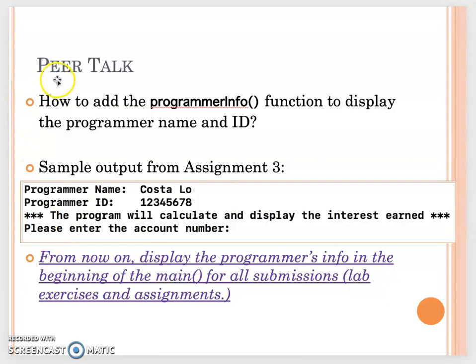Then I have one peer exercise I want you to complete. I want you to write a programmer info function to display your name and your ID. From now on, you always need to call programmer info in your main at the beginning. So how should you do that? We will have the answer in the next